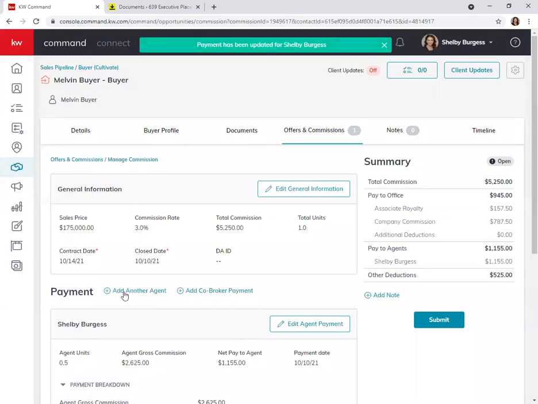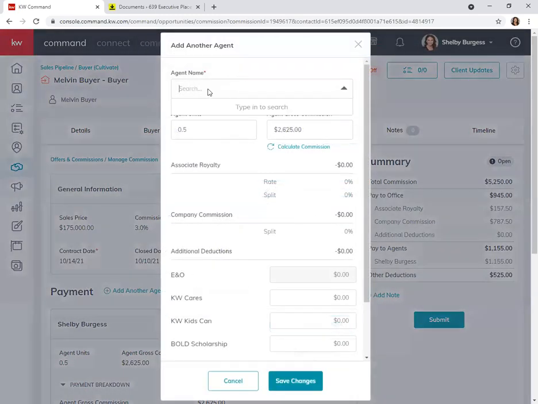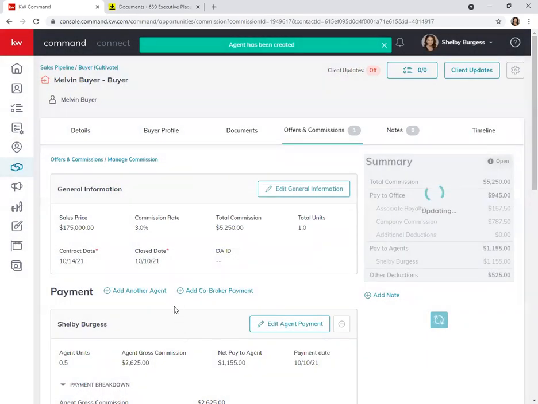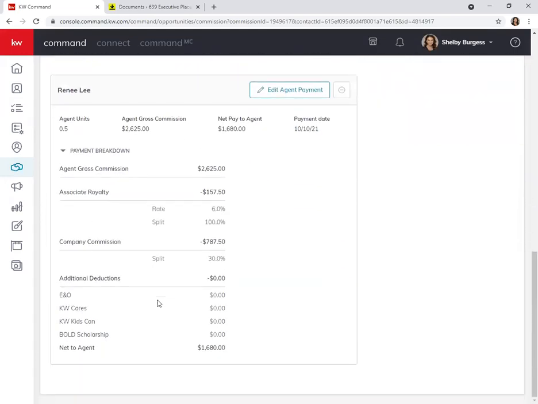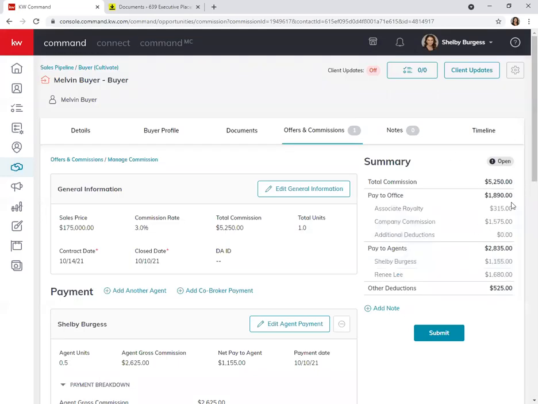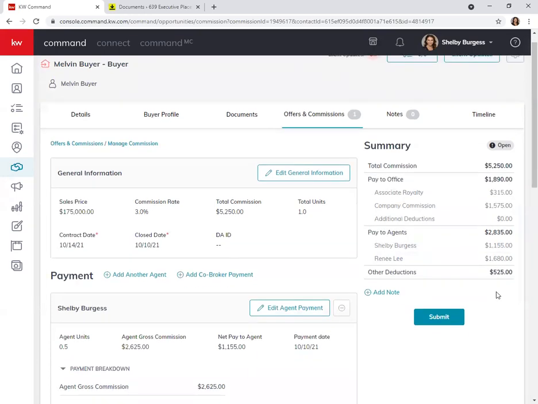You can add another agent. So this is anybody in our market center. If I'm splitting this 50-50 with Renee, she would have the 0.5, she would have the other part of the commission. I would save changes. And then now you can see my payment amount, you can see her payment amount, and you can see all of that over here on this side. And it's still deducting out my $525 for coaching. So obviously,